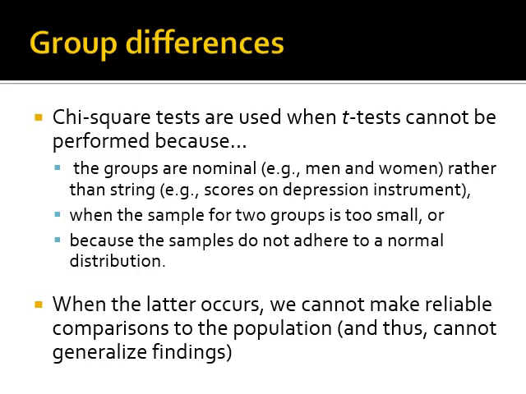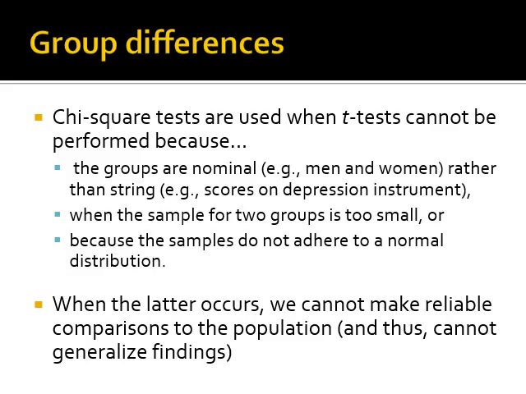If you don't have those things, if you have a data set that is not normally distributed, you are doing what's called non-parametric statistics, which is a very off-putting and complicated term that just basically means that you can't use things like t-tests. We cannot make, and this is why it's called non-parametric, reliable comparisons to the population and thus cannot generalize findings. Remember, populations are presumed to usually follow the normal distribution, and if your sample does not resemble the normal distribution, you cannot make the assumption that those findings from the sample are therefore going to be